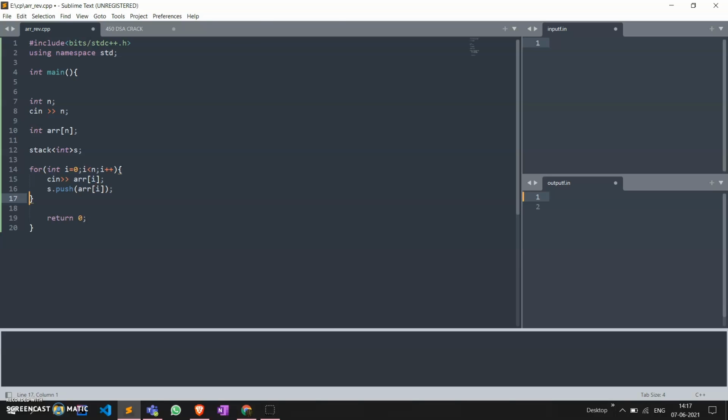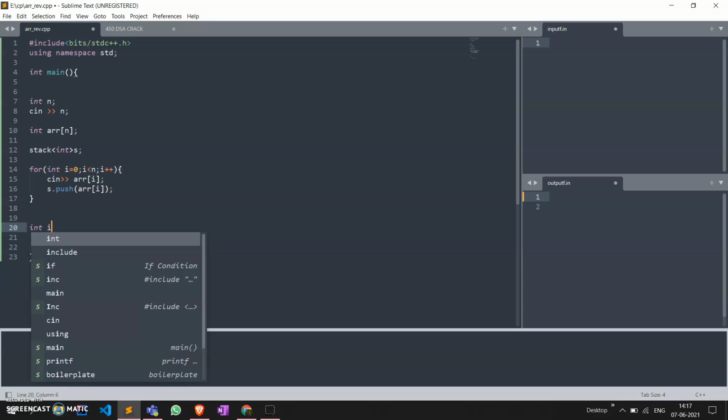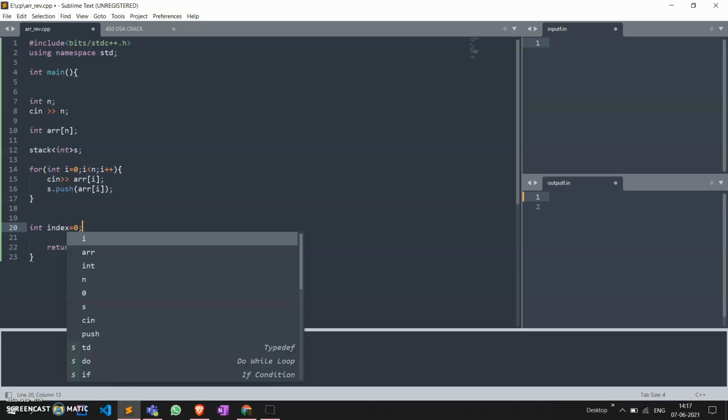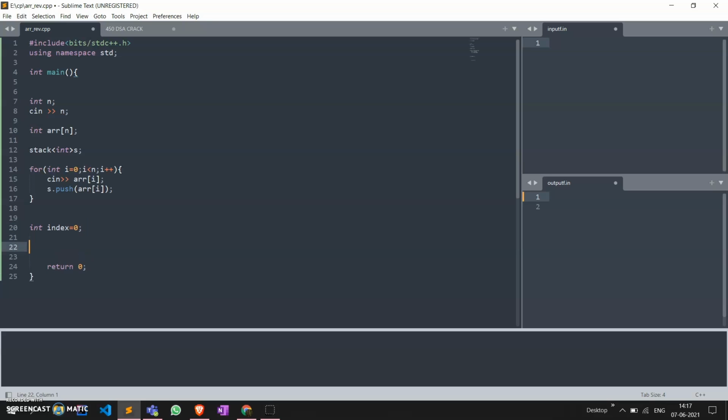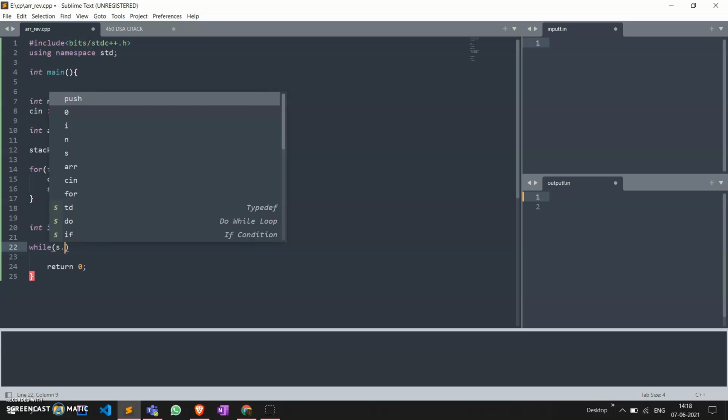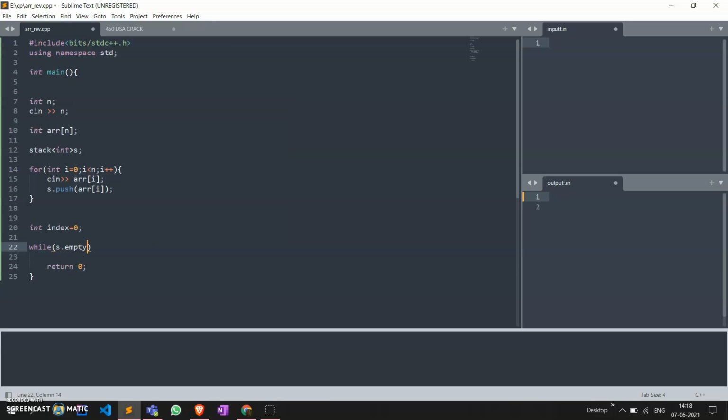Done. Now I will make one variable and name it index, initialized to 0. Now I will write one of the most important conditions. I will use a while loop, because I have to run at least one time. The condition is: if my stack is not empty. My stack name is S, and I have to use the empty function of the stack, with a not in front of it. If my stack is not empty, what I will do is make one